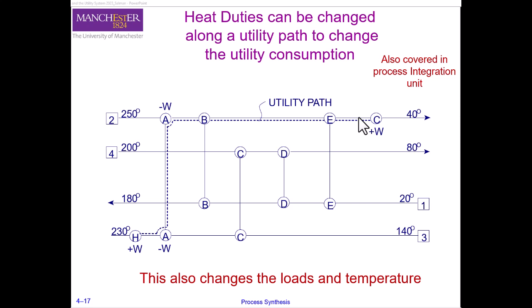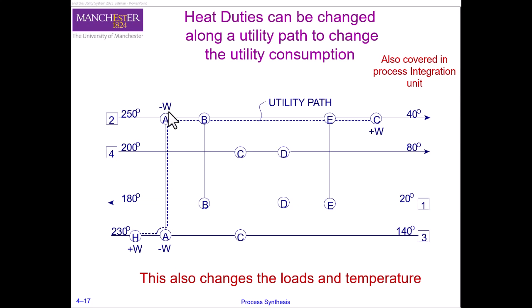overall energy balance. So let's say we start from this point here, that is H, and we increase the utility demand by W. Then we have created an imbalance on this stream 3, and the only way to correct that imbalance is to reduce the duty of this exchanger A by W. If we are reducing the duty of exchanger A by W, we have to increase on this side